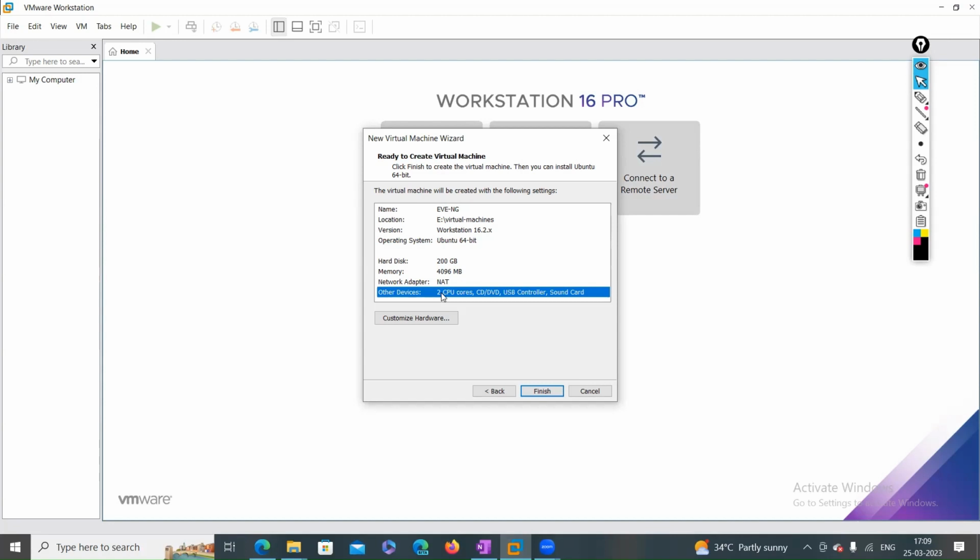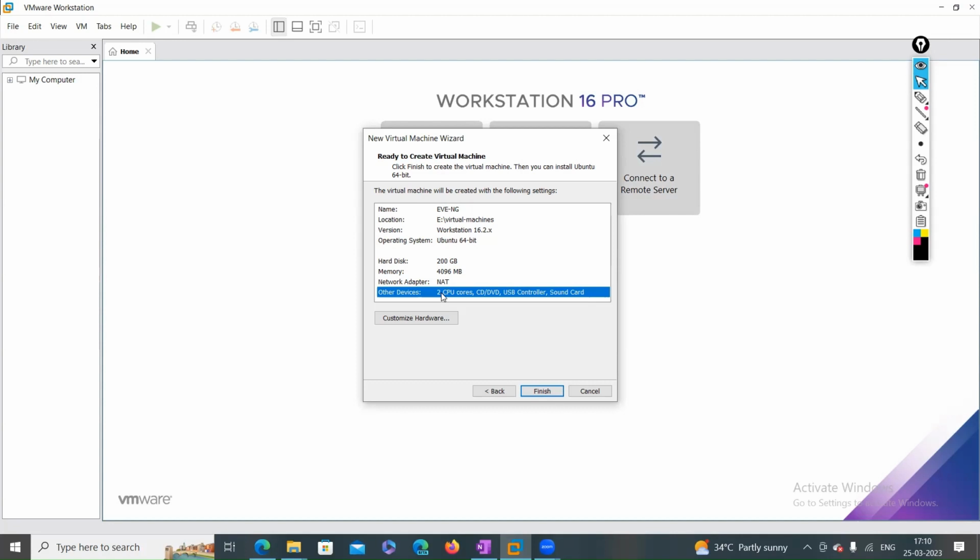But I need to increase my CPU cores, and I need to increase my RAM, right? The minimum recommendation is 6 GB RAM, so I just want to increase that RAM size and the processor cores. I have an 8 core processor with 16 threads, so I have 16 virtual processors. Minimum, you should provide 2 to 4 virtual processors in your EVNG operating system,